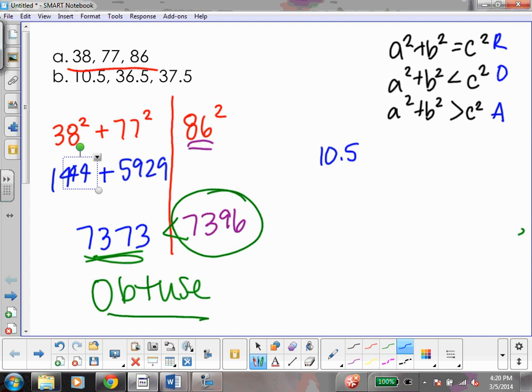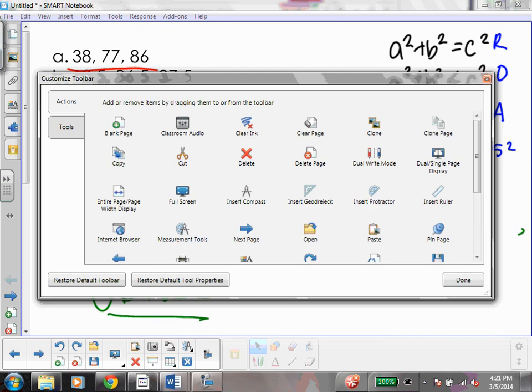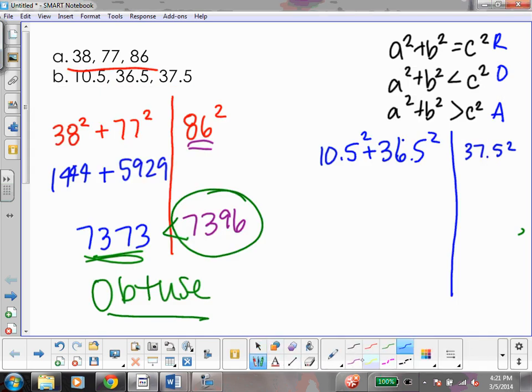Let's compare B, the ones with the decimals. I have 10.5 and 36.5. Both of those are squared. Again, my hypotenuse would have to be the 37.5, if there is a hypotenuse. So I will start over here on the left. I have to do 10.5 squared, which is 110.25. And I will do 36.5 squared, which is 1,332.25. And I'll add those up